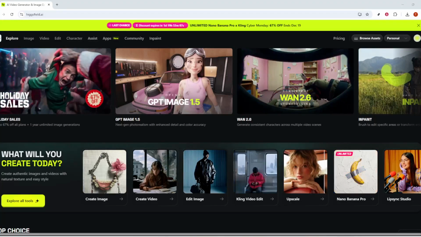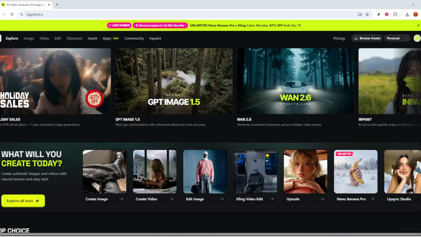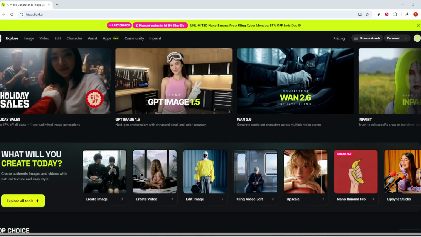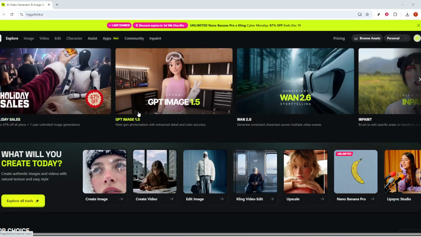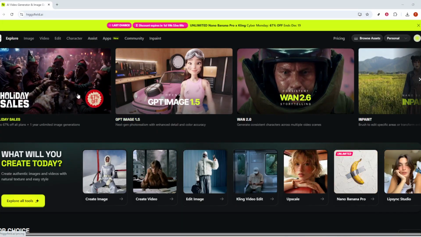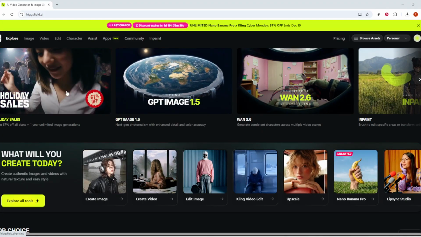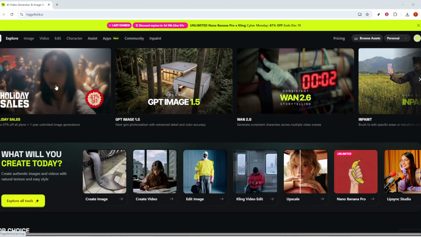In today's video, I'm going to teach you how to explore Higgsfield AI's tools for images, video, editing, and characters. Start by heading to the Higgsfield AI website. As the page loads, you'll be greeted by a clean workspace filled with options designed for AI creation. Think of this as your hub. Everything you need to build, refine, and experiment with visuals is organized here, so you can jump in without digging